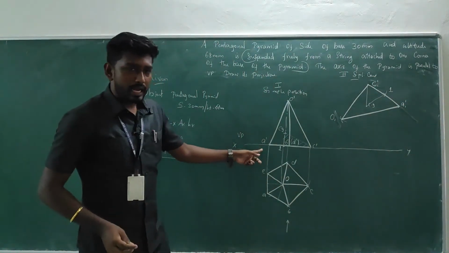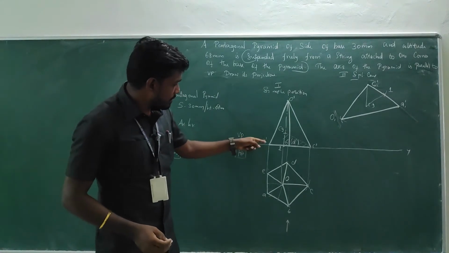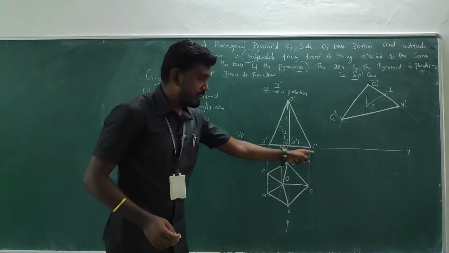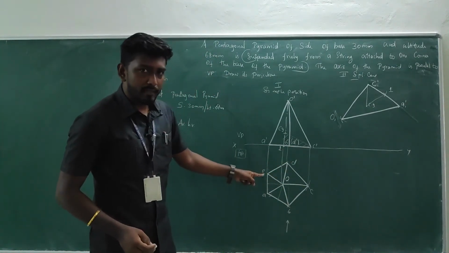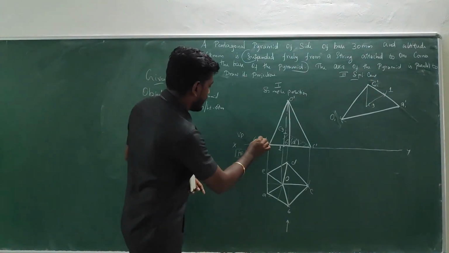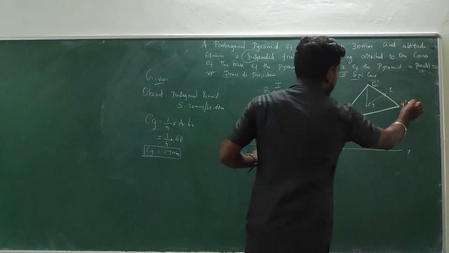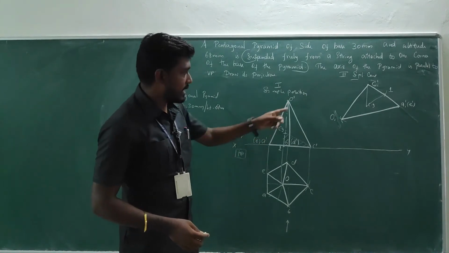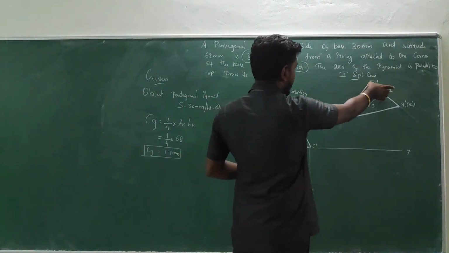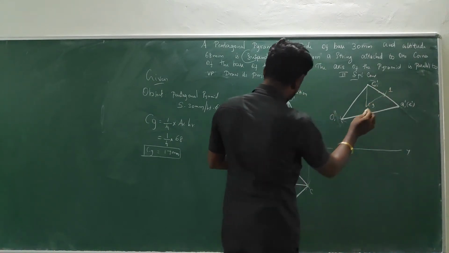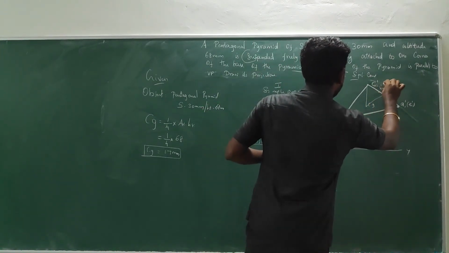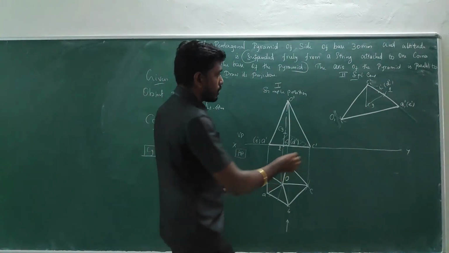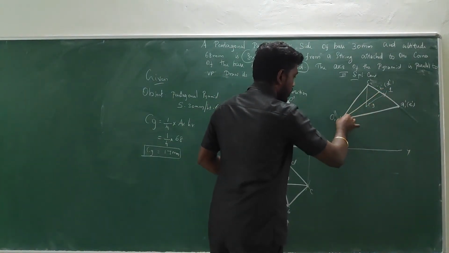Okay. And in the front view, we have missed one thing. When you are looking from the front for this first position, in the front view, A, B, C will be visible, which we have captured, and the points D and E will be invisible. So here comes, there will be E nearby A. Am I right? So it must be captured here, E dash. Okay. And then the edge B to O dash should be captured. So take the measurement C to B. What is the measurement? Convey it. So here you will get B1 dash and D1 dash. Right. So connect it. It is also a dark line.